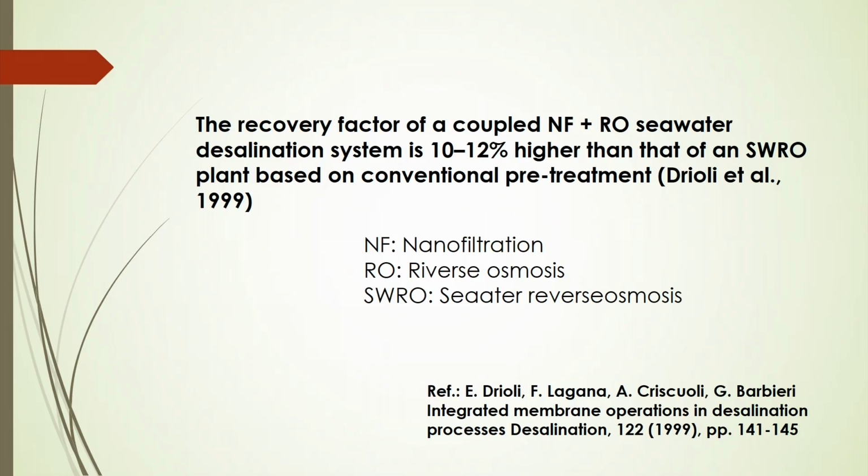So, that is why whenever you are intensifying the seawater reverse osmosis process, you have to conjugate that nanofiltration system with the RO process, so that you can get more efficiency of the filtration and also